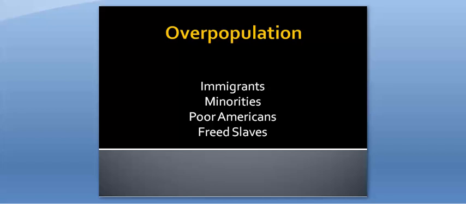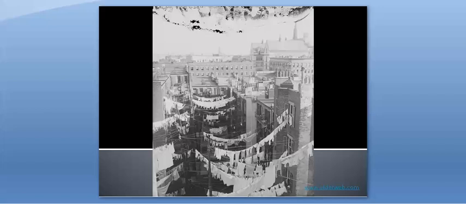Add to that all the immigrants and minorities coming to the cities and the factories. Freed slaves who wanted new lives, immigrants from Europe and Asia who wanted a better life, and heard stories about how many high-paying jobs there were in America. All of them moved to the U.S. and competed for jobs. This led to racial tension and a lot of prejudice. You can see the overpopulation and how this could increase tensions.